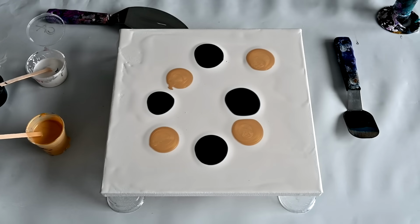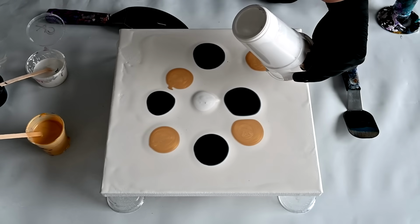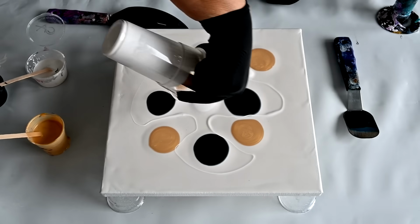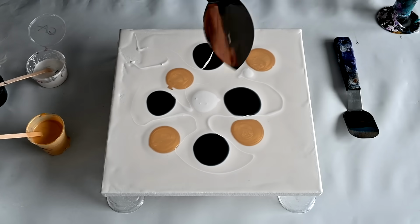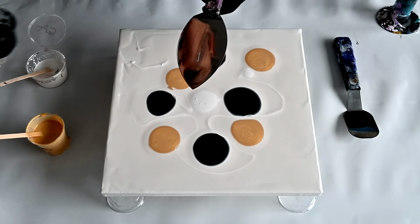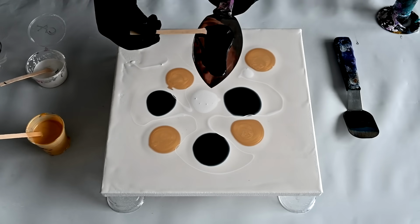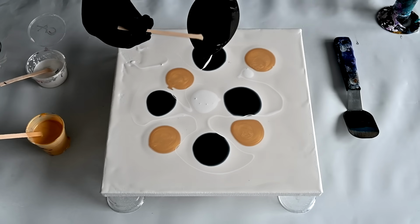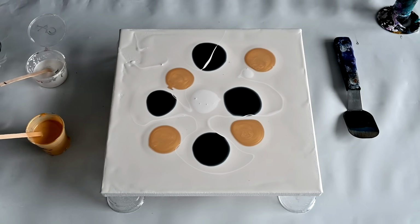Oof, this one is thinner. The color that I swipe with is a little thinner than other colors. So this is just titanium white. Oof, this one is kind of thick. Yeah, now I will cover my big palette knife with black, that is a little thinner, as I said, than other colors. All are mixed with Floetrol, just thinner than the colors that I have on the canvas already, and I will tilt the excess paint back to the cup,